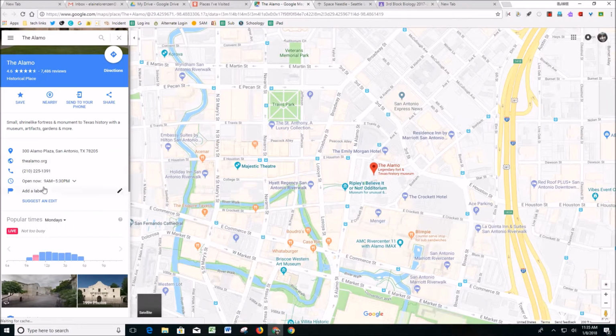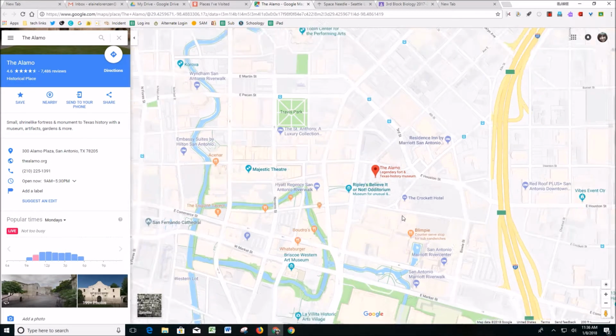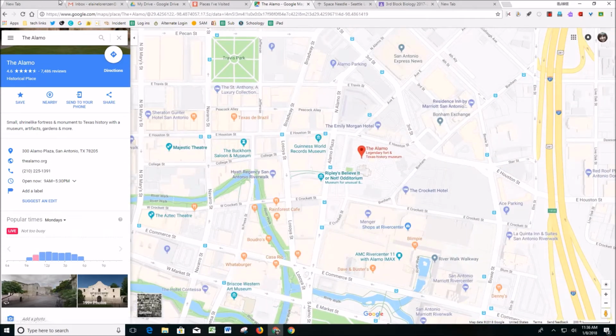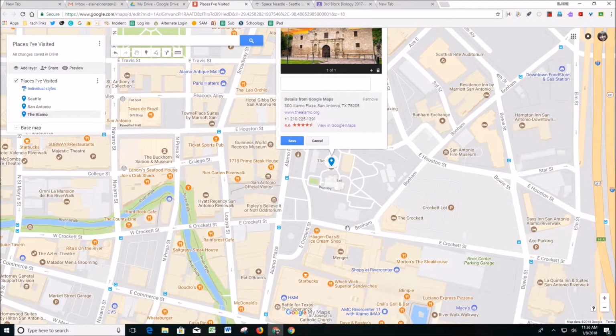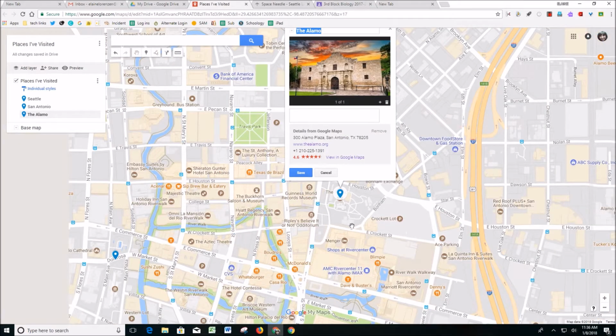I can find out the phone number. I can find out when it's open. And look, I get like a street view and I can scroll in and out. So there's really so many wonderful things happening with this. So then that opens in a new window, so I can just come right back into my map. So some of the other neat things you can do while you're in this program, you've got tons of menus,